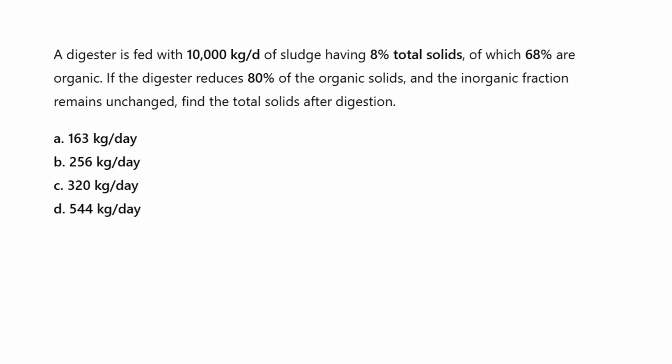This is the same formula I have applied in the past 3 to 4 problems. If you see in the previous problem also, it was the same sort of question. The digester receives this much kg of sludge, in that 5% is solids and 95% is water, and in the solids you have an organic percentage and an inorganic percentage, and in the organic percentage, what is destroyed and what remained. Okay, so your total solids into your fixed part that is not going to be destroyed, plus your volatiles part